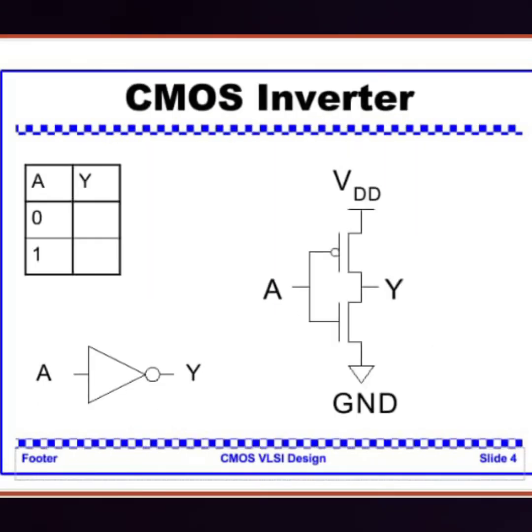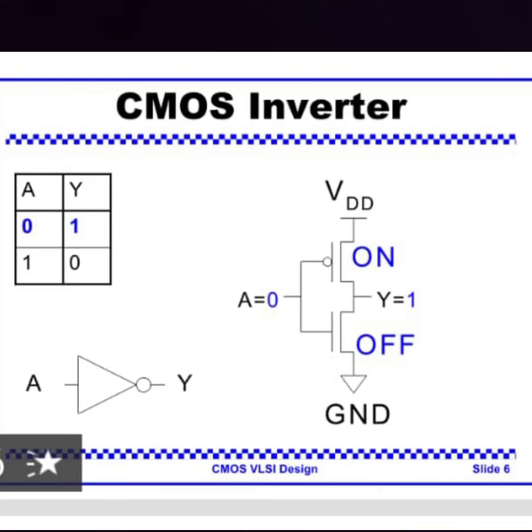Next, let us proceed to how a CMOS transistor circuit can work as an inverter. An inverter is going to be like a NOT gate. If input A is 0, the output Y is going to be 1. If input A is 1, the output is going to be 0. That is why it is called an inverter. You can see the picture, the circuit diagram. PMOS is connected at the top to VDD and NMOS is connected to the ground.